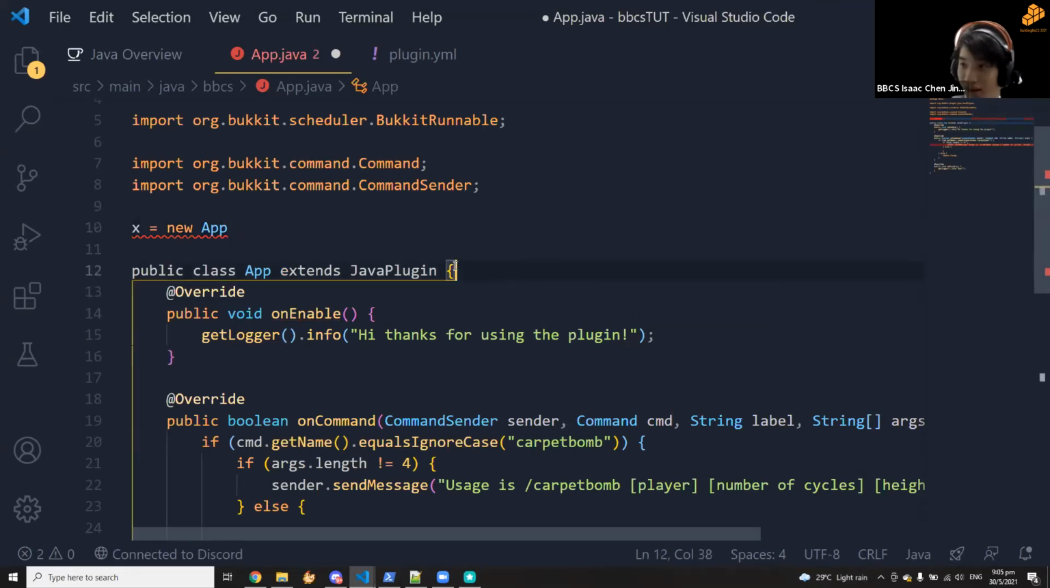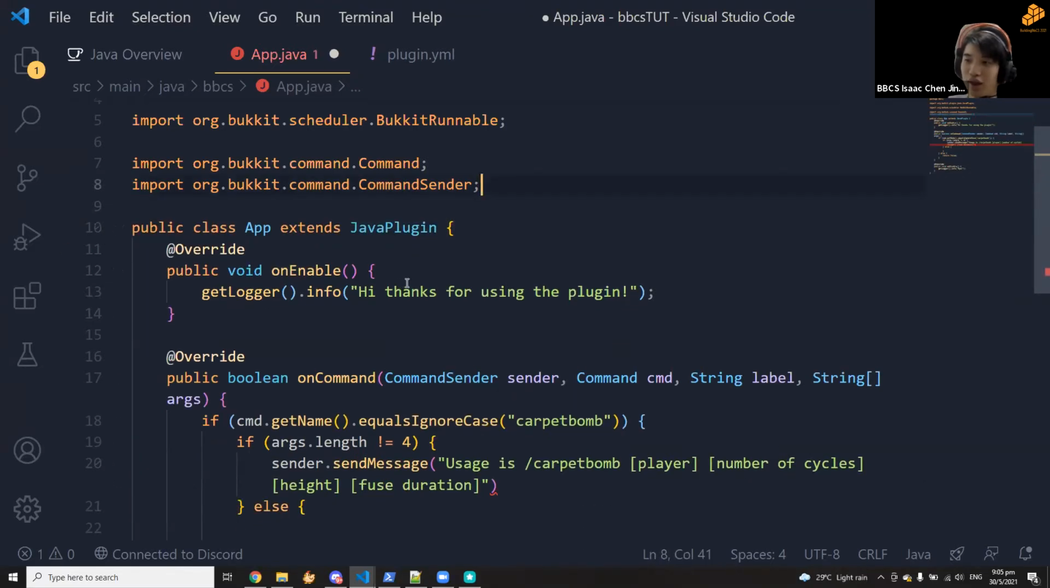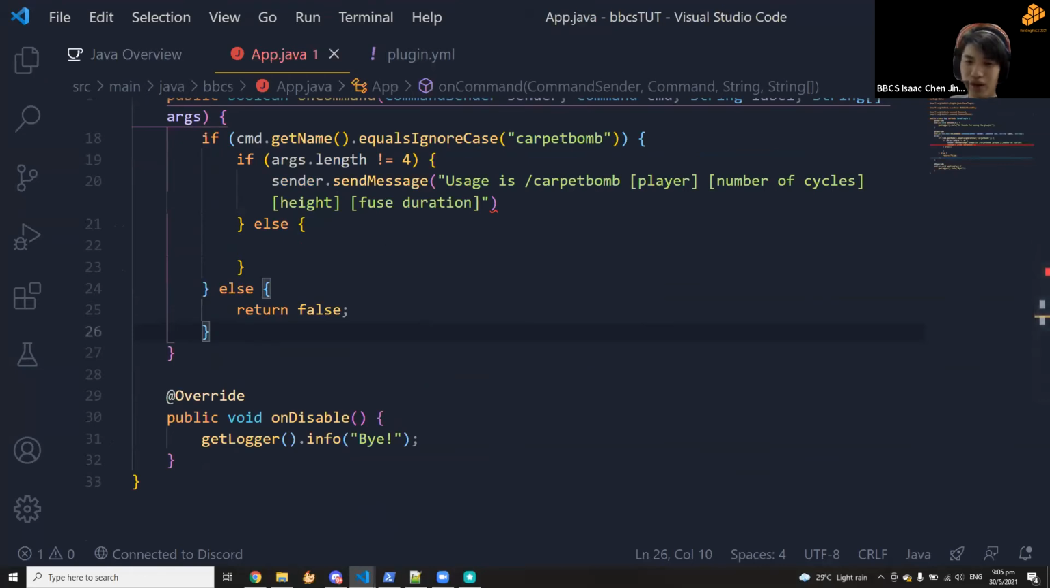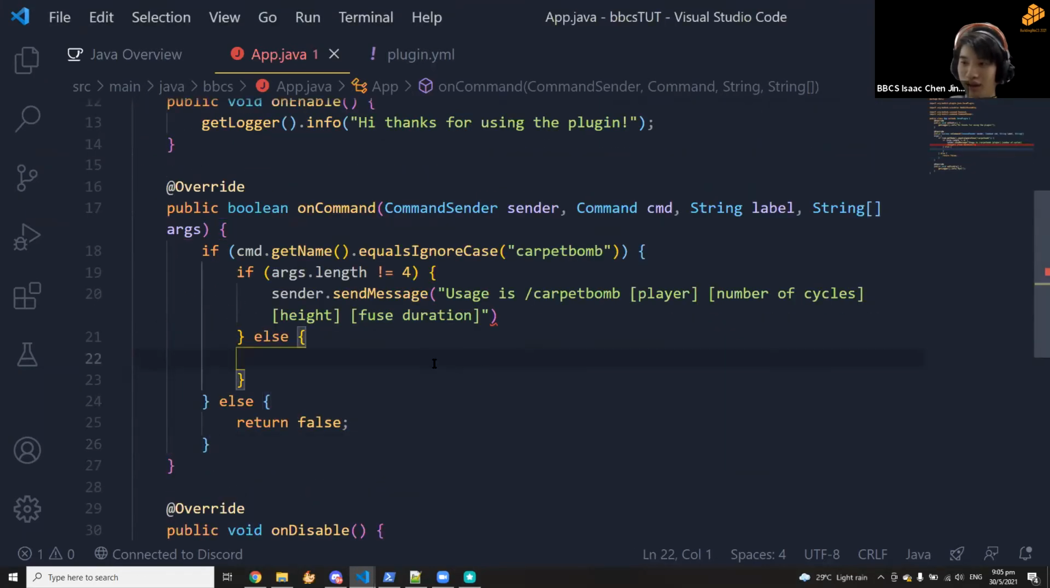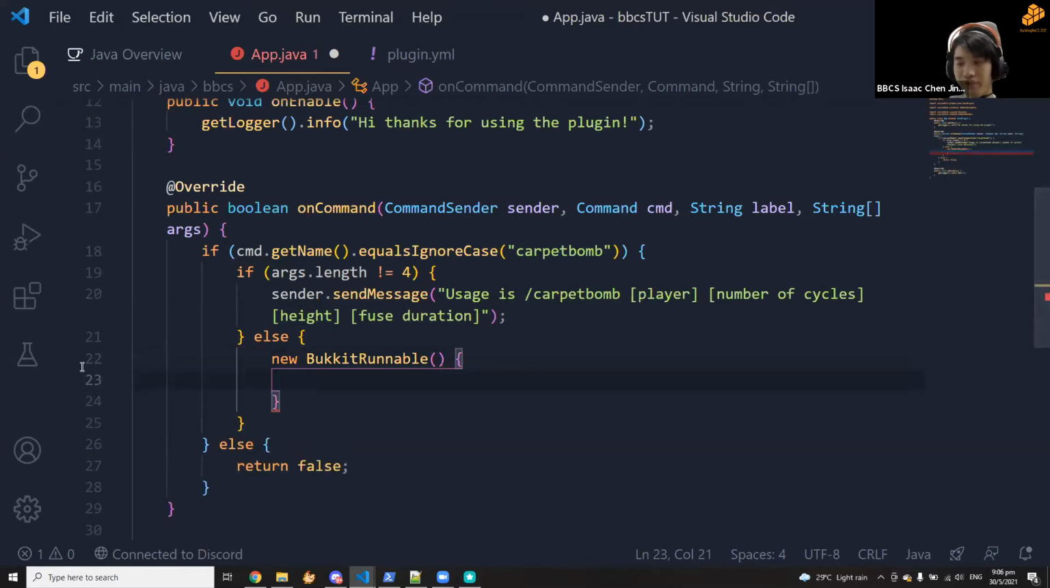Alt Z. All right. So yeah, x in this case would be an object. So we want any object. Oh, we have to close this with the curly brackets. New Bukkit Runnable. And this can be unnamed. We don't need to assign it to a variable or anything. New Bukkit Runnable, and